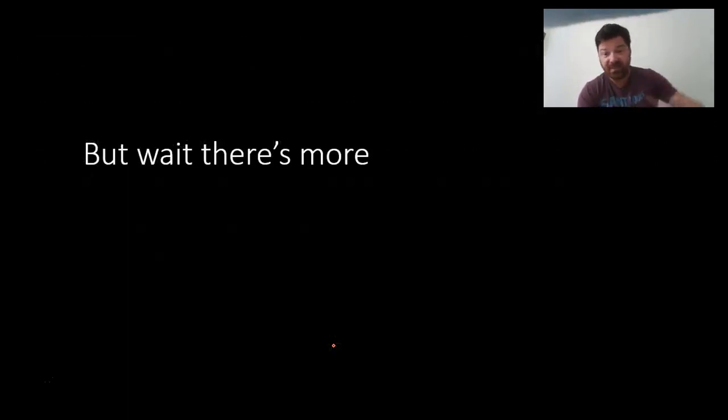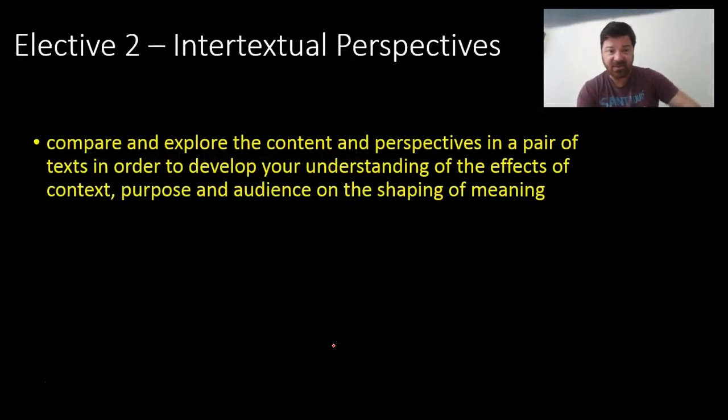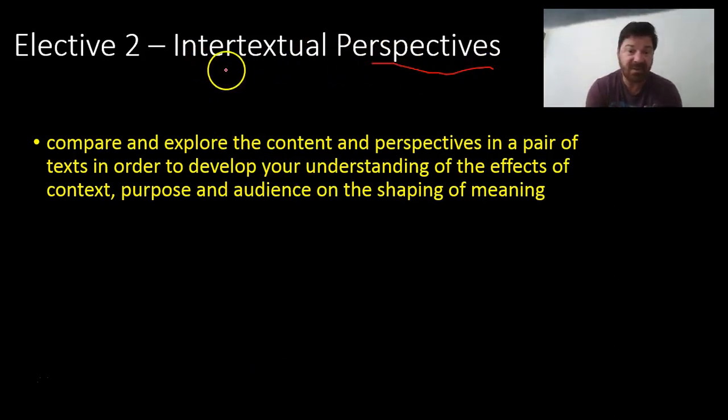Unfortunately, there's more, because this is Module A, and we're actually looking at Elective 2, which is Intertextual Perspectives. So it's a little bit different. Intertextual perspectives. Perspectives is the way you look at it, and intertextual is within the texts. So compare and explore the content and perspectives in a pair of texts, Metropolis, 1984, in order to develop your